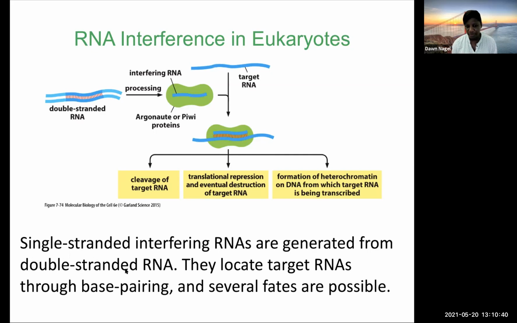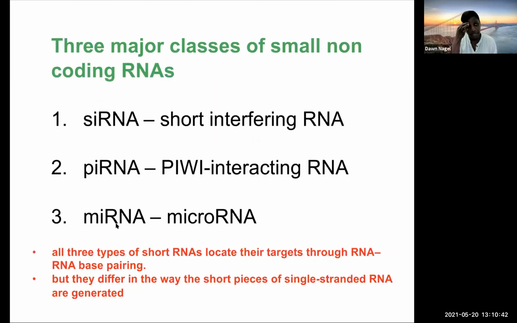And there are three major classes of small non-coding RNAs. They're short interfering RNAs. They are PIWI-interacting RNAs, which got the name from Drosophila, from the gene that encodes PIWI. And you also have microRNAs, or miRNAs. So these are the three major classes of non-coding RNAs that are present across